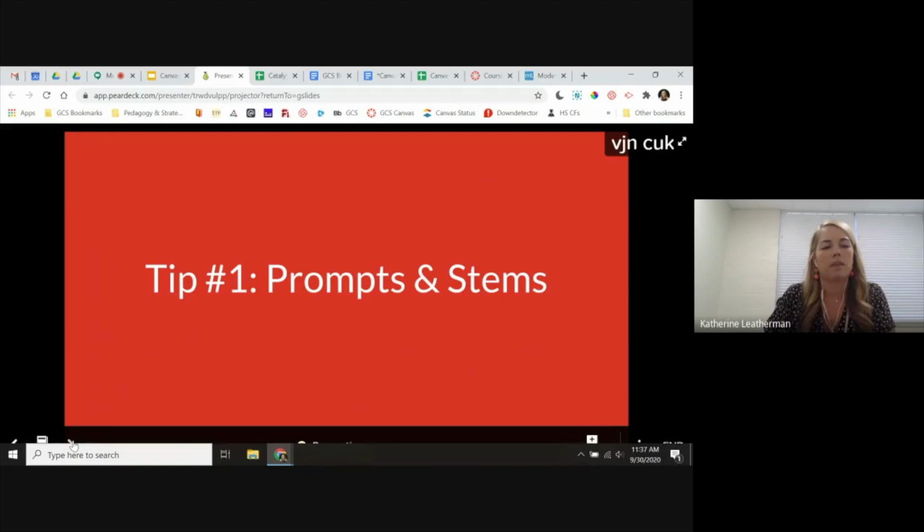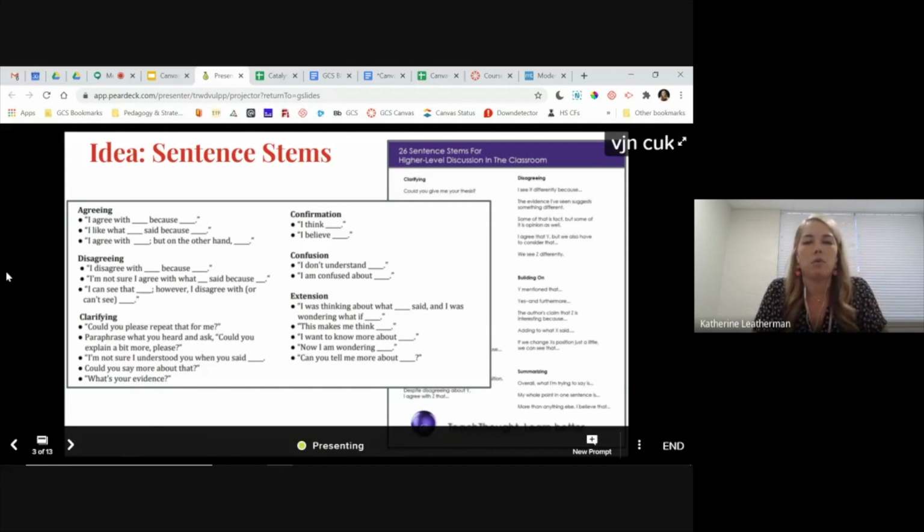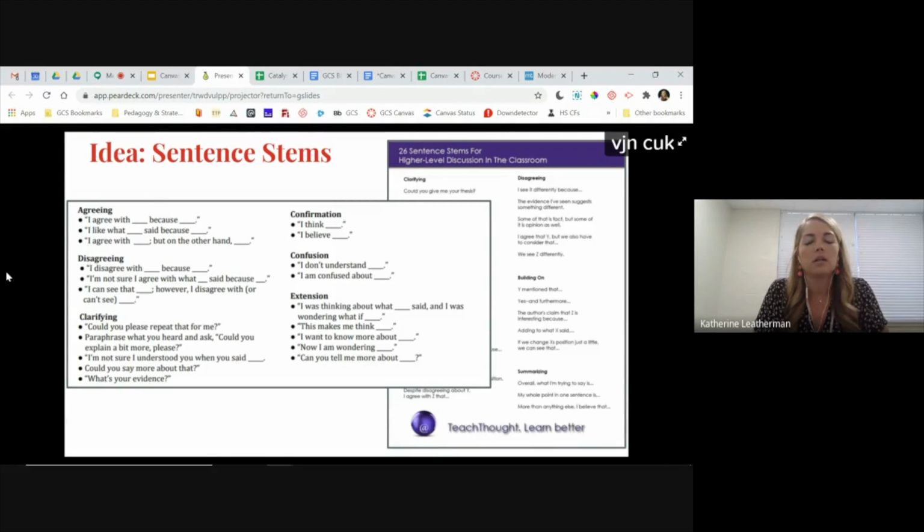What I mean by that, if you are following along, you can see 2 documents here. When you get the presentation, these images are linked to the full document so that you can have all of these sentence stems. So when you do a Canvas discussion, first of all,